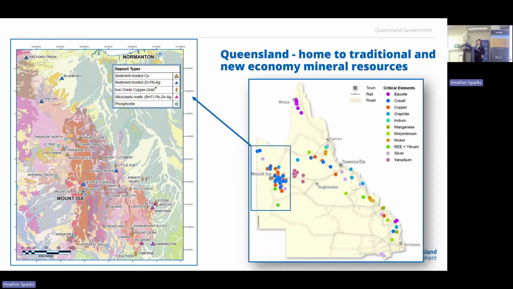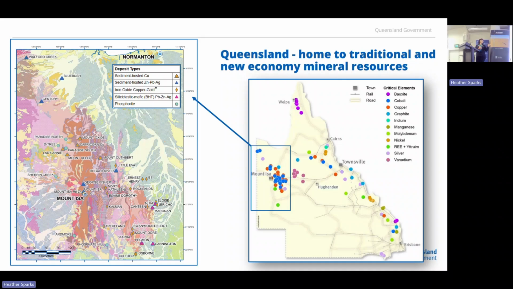Yeah, okay, thank you. So I would like to start with showing our Queensland map, a very simplified map with just some colorful dots. And I like it because it shows you the distribution of our critical commodities across the state and their concentration in the eastern part and northwest Queensland. In northwest Queensland, you can see the clustering of the blue and orange dots, and they represent our copper and